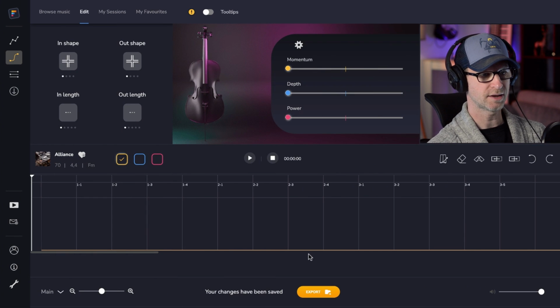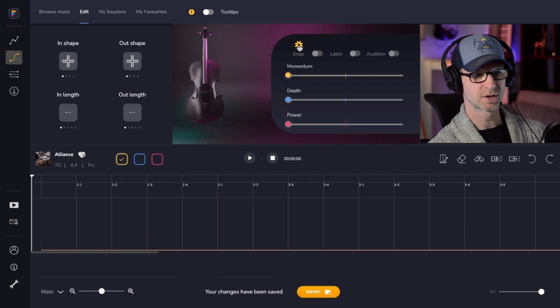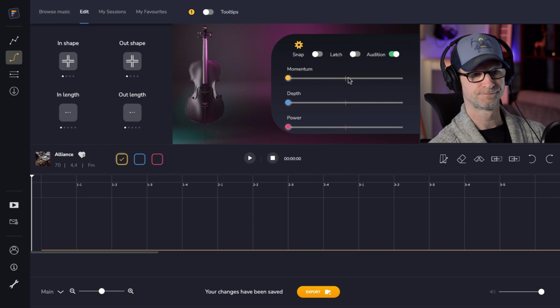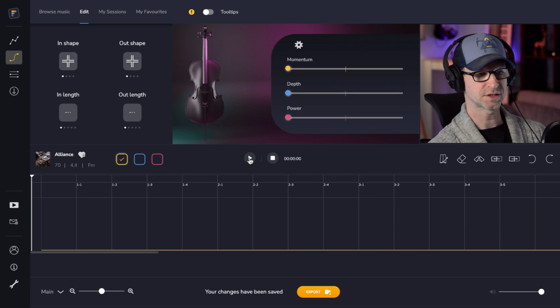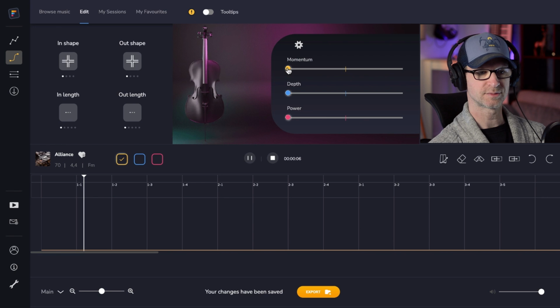So I've got Alliance already set up. I'm going to just select the audition toggle in the advanced settings here, which means I can just play with the music without it affecting the timeline. So let's have a listen. So here we are with momentum on the left. And if I now move the depth,